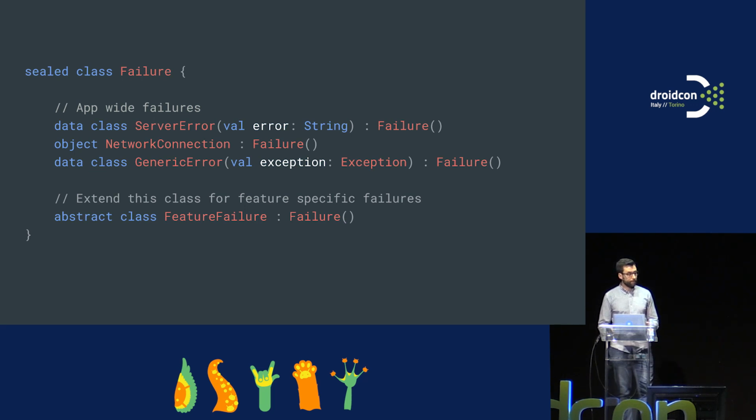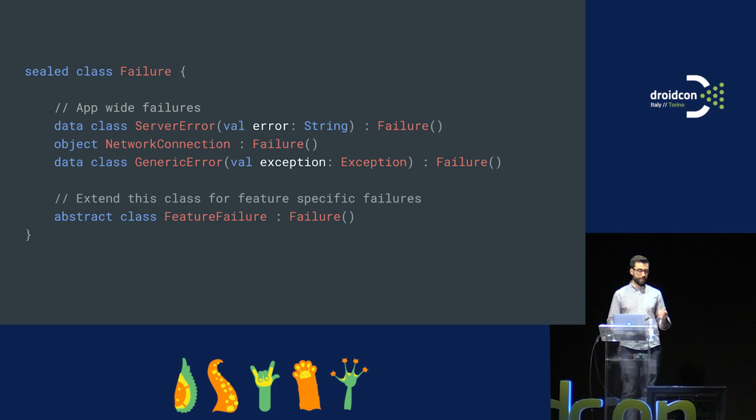If you were here yesterday afternoon in Eugenio's talk about Kotlin, you'll know that for this sealed class, everything that is a direct child of this failure class needs to be defined in the same file. That's the error, the connection, and the other error. But if we create an abstract class called feature failure, we can define those sealed classes in another file. That's going to help us showcase how our data is going to be modeled. So in our view model, on our model class for a specific feature failure, we're going to define specific failures for that specific screen. So we don't have to go back and forth between different files to find out.